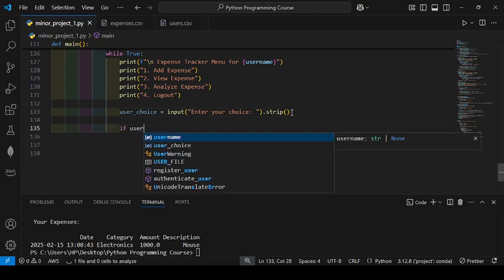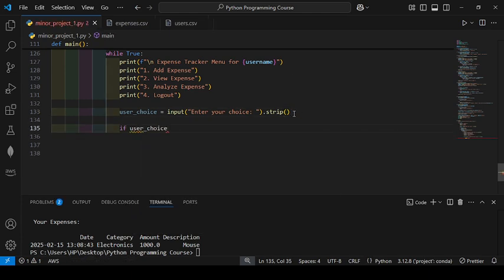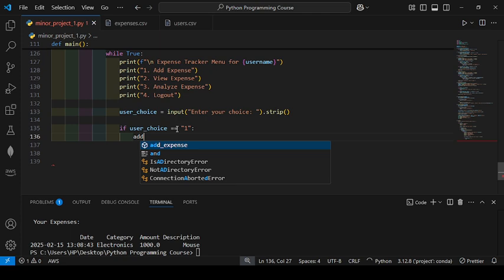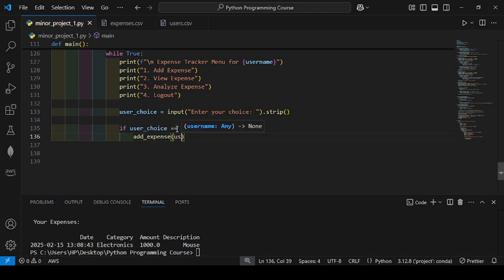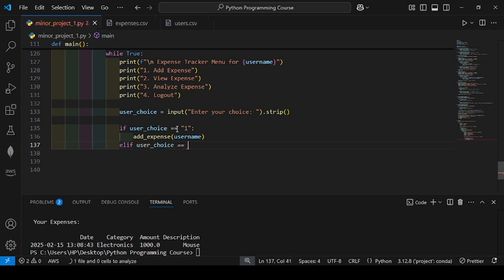If user choice is 1, we have to add, so I will call add expense with the username. Then elif user choice is 2,